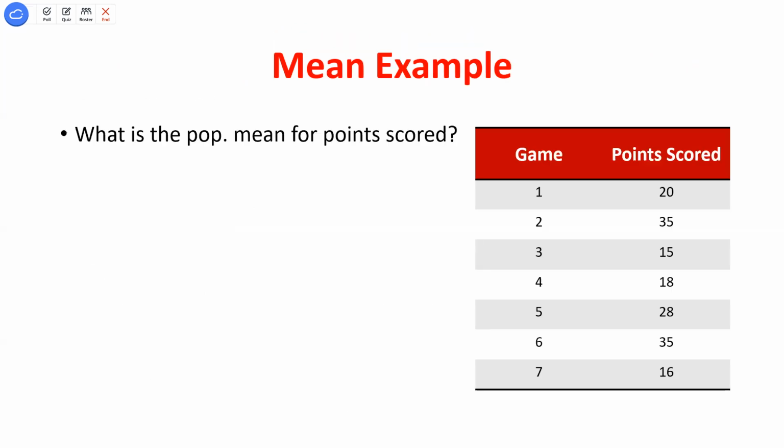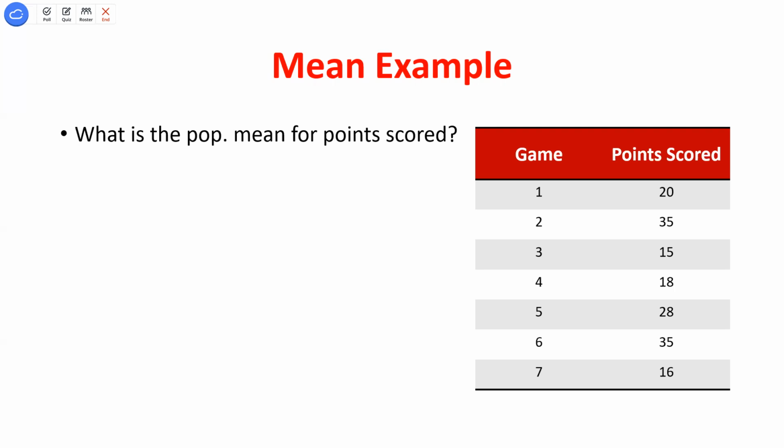So I think I had some data and we actually find this. So if I had an example here where I wanted to find a mean and I've got the points scored in some game, this could be basketball, it doesn't matter, I want to find the mean or the average points scored. When I said before, a lot of you have probably heard of the term average, that's being a little bit lazy. The average is kind of telling us where that middle part of the data is. Be very specific about the statistic we're calculating. We're really calculating the mean, that's the technical term for it, but we can use those interchangeably.